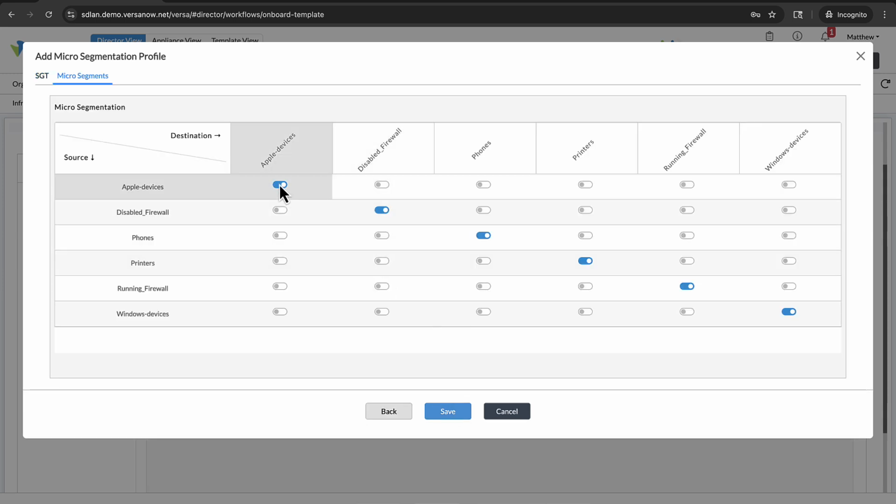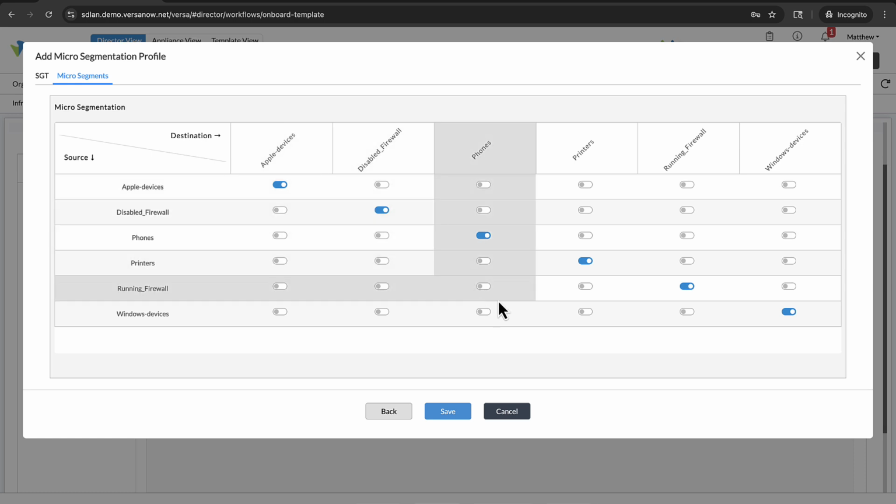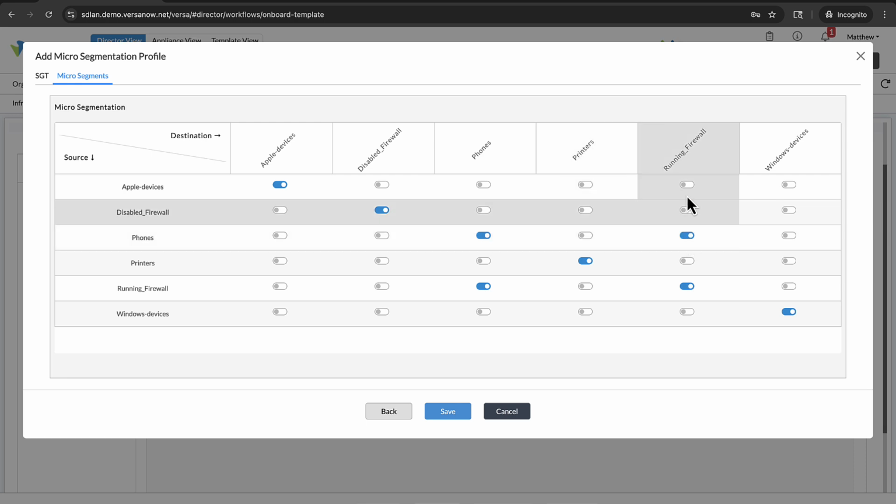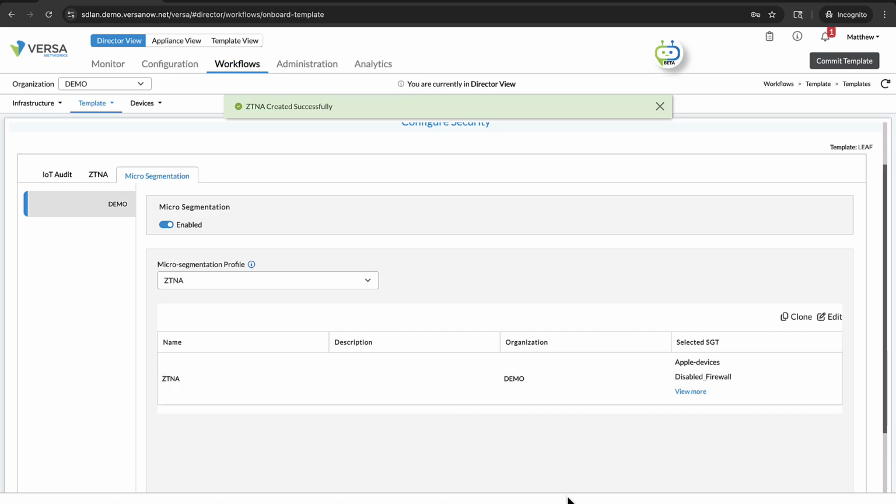By default, only devices within the same microsegment are allowed to communicate with each other. For the demonstration, we're going to say that when we enable firewall, we want to allow communication with the phones. And vice versa, when we have the phones, we want to allow them to connect to the devices running firewall. Let's save this configuration,